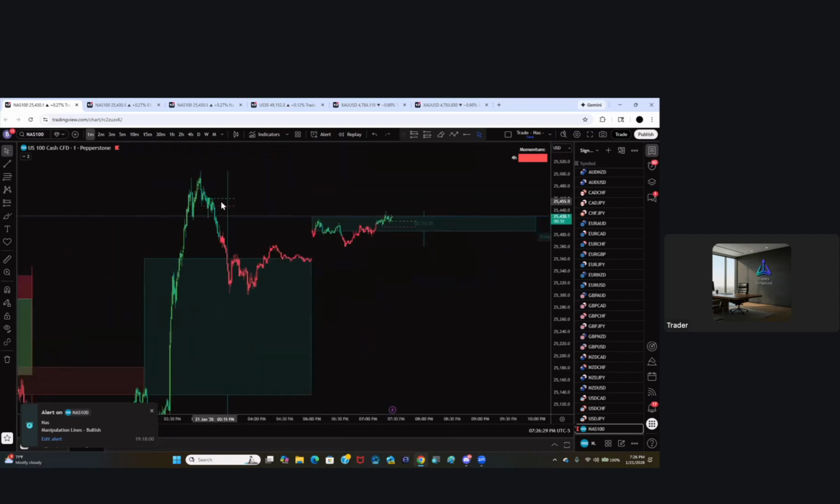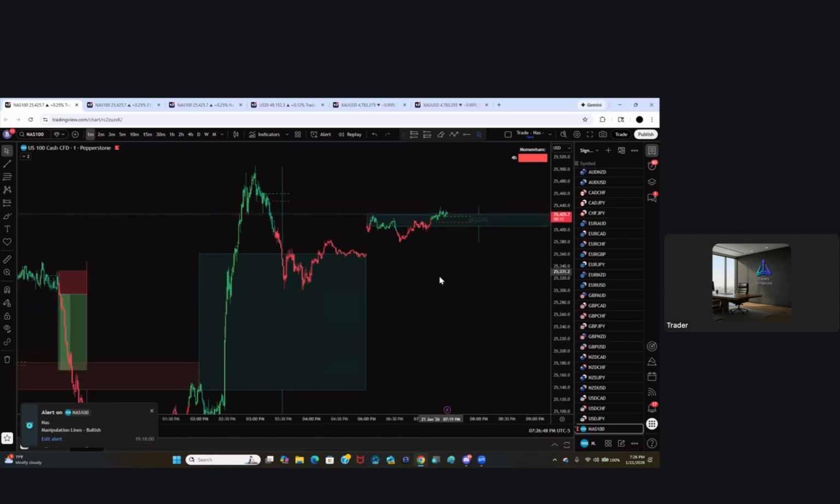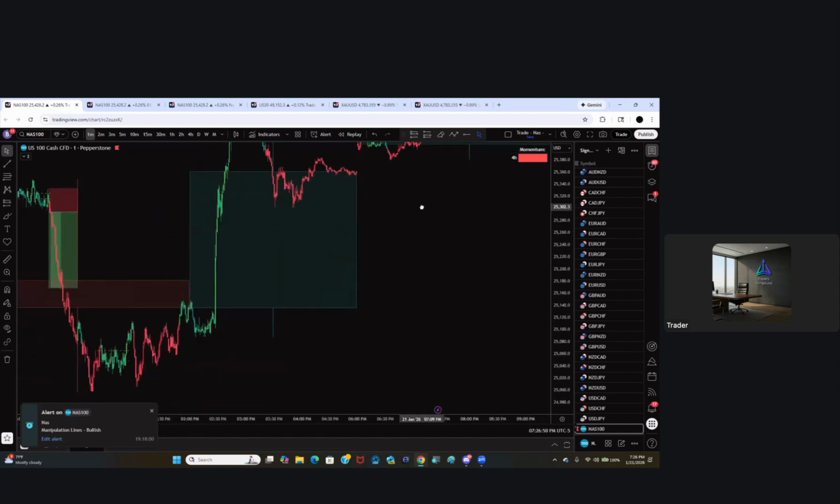Same thing right here. This was already way later in the day, but this would have been one of those same things. You could have traded down on that manipulation zone. And then you can see right now it's Asia, the market's slow, and we have some little bullish lines right there. So if you do the math on just the manipulation lines, you have about